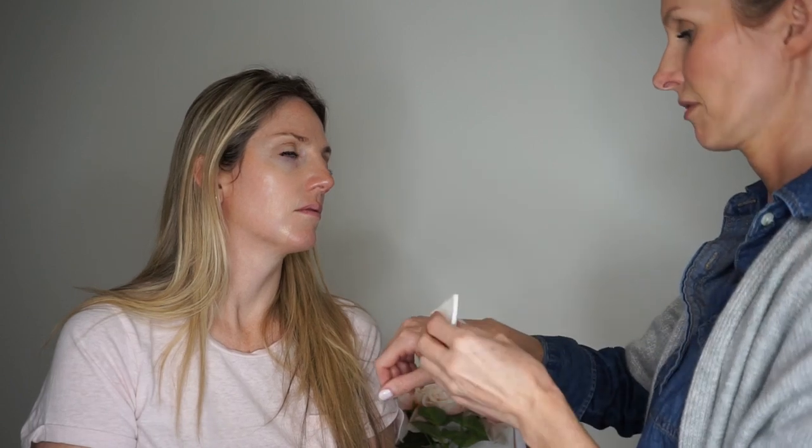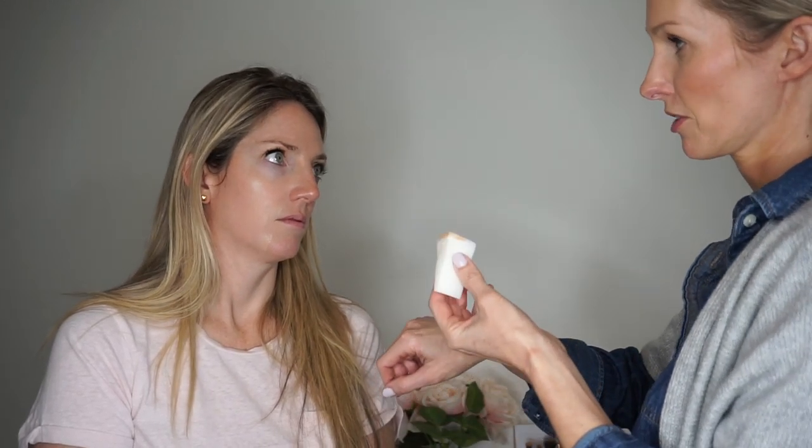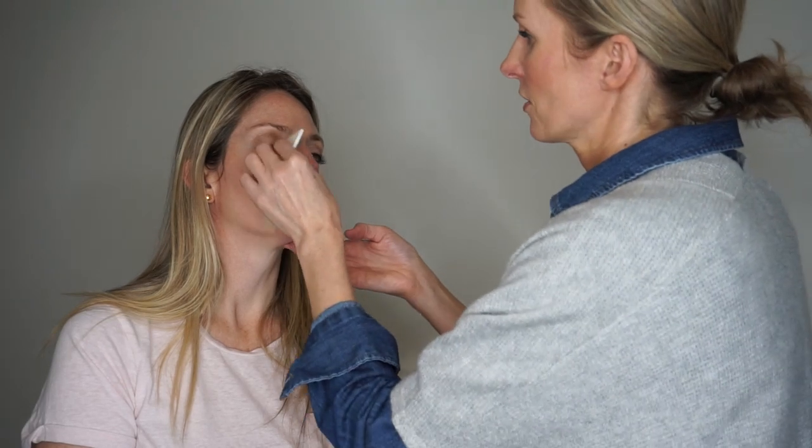Okay, so you're now going to do the other side. So I'm going to use this Bobbi Brown Skin Foundation on you, and I love using a beauty blender, but I'm just using a disposable sponge today for hygiene reasons. But the idea is the same. So you're just going to take your beauty blender that's damp, and make sure it's damp, and then you just take it into your foundation and bounce it onto your skin